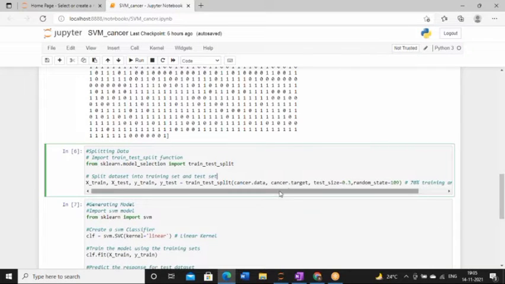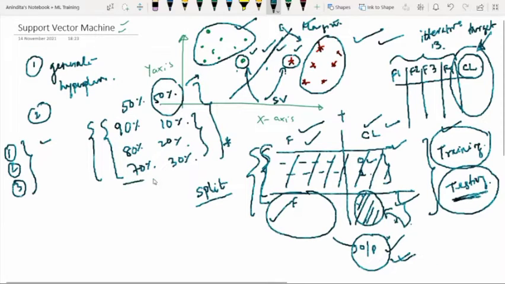Now see here, what percentage have I used? It is written that the testing size is 0.3, which means the training size is automatically 0.7. So I have considered this 70% and 30% split, and I generally prefer this split very much because it will give you the maximum accuracy.